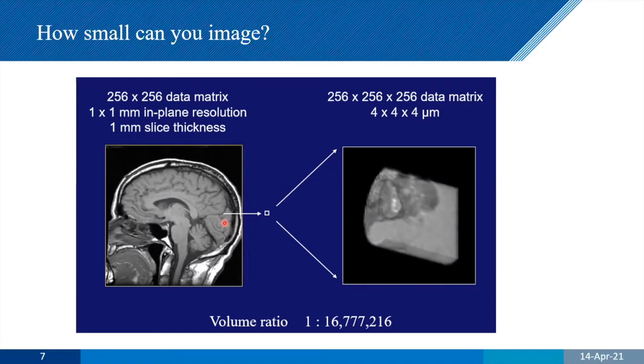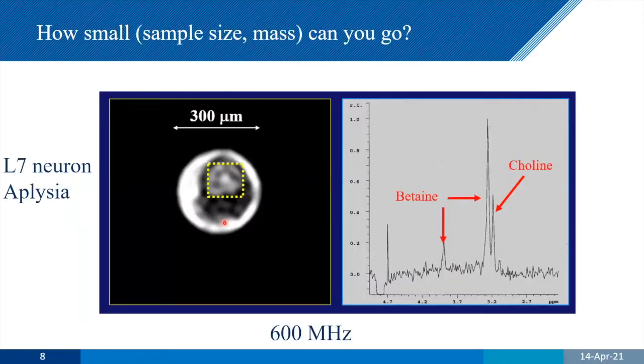So what can we image? If we can go down with these very small coils, we can start to image single neurons. So this is a well-studied biological system in Aplysia californica, looking at an L7 neuron. Now, to be honest, imaging is completely pointless at this thing from an MR point of view, because optically you can do this much better and you can do this much quicker and much cheaper. But what you can't do optically, of course, is look at the chemistry inside. You can't do spectroscopy, you can't make diffusion measurements.